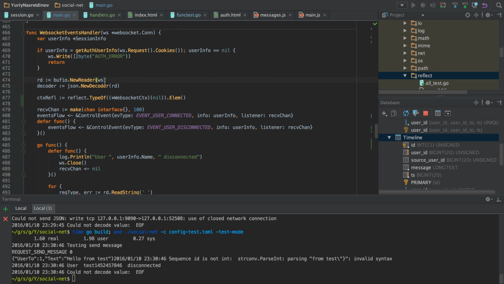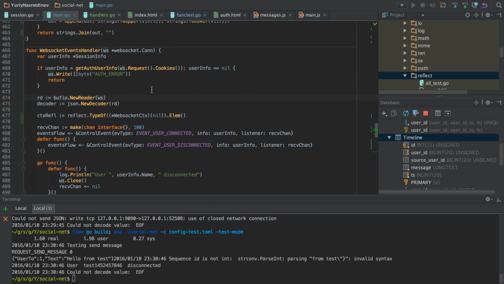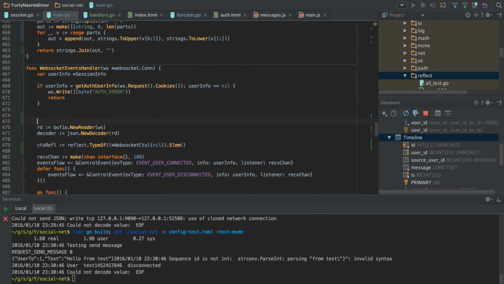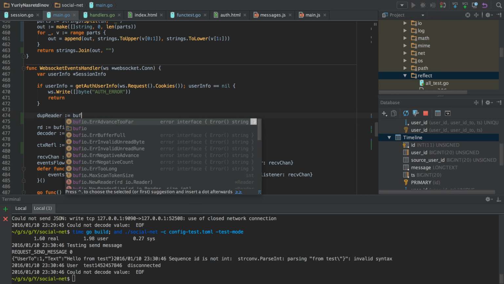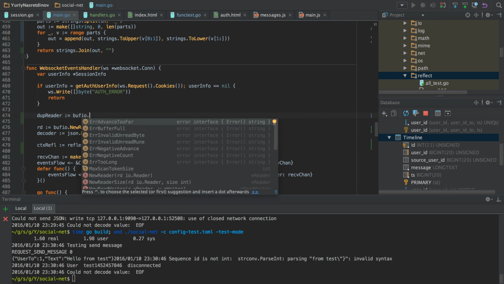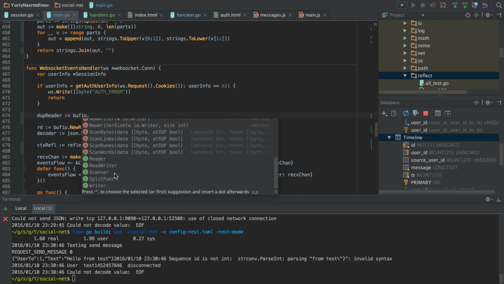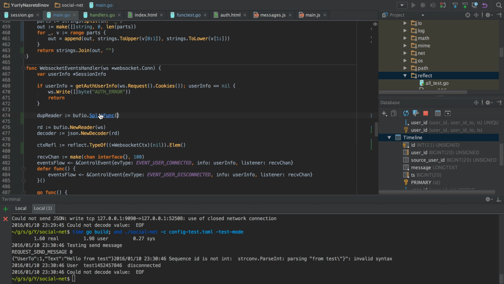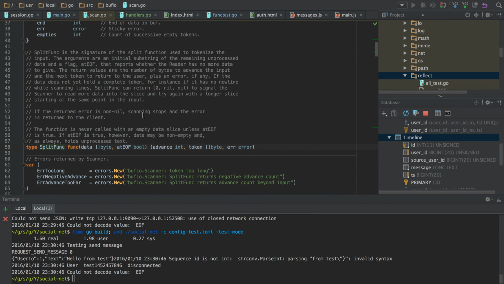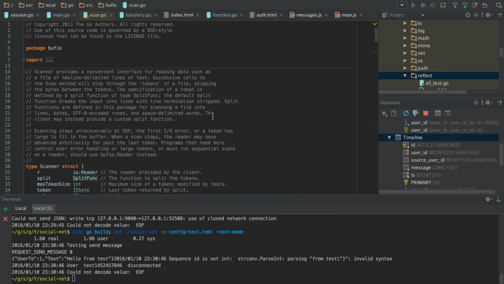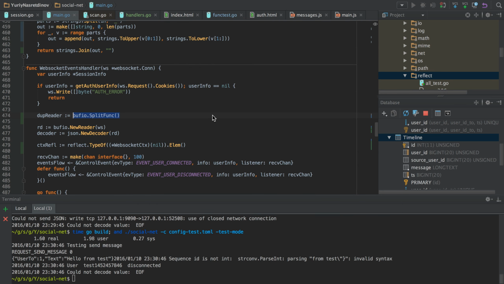Instead of printing the request, we could try to print the data that is read by a decoder, and one of the ways to do this is to use TeeReader, and it's not located in bufio as I tried to do.